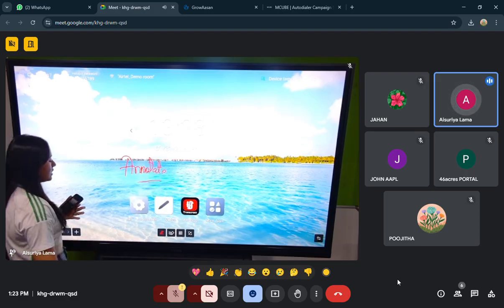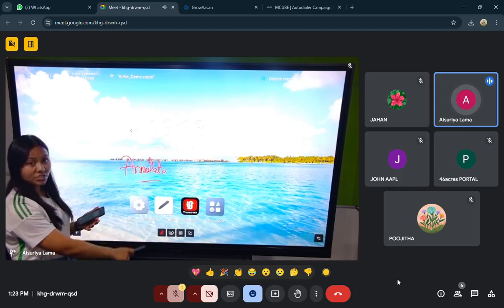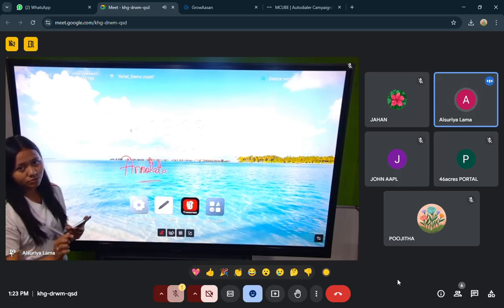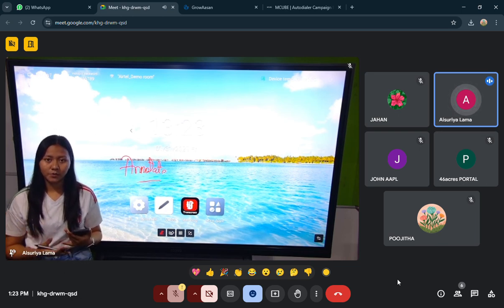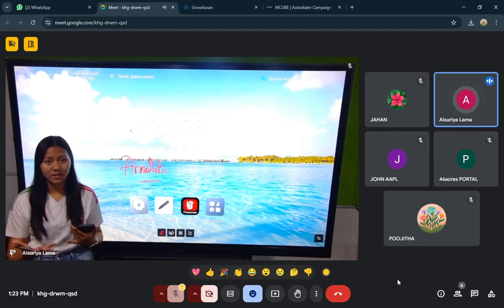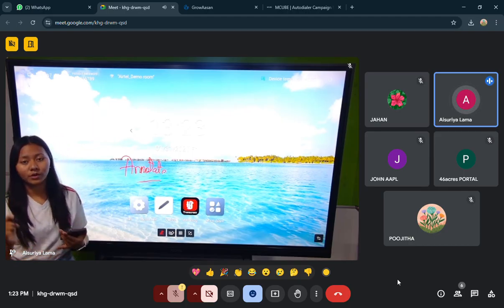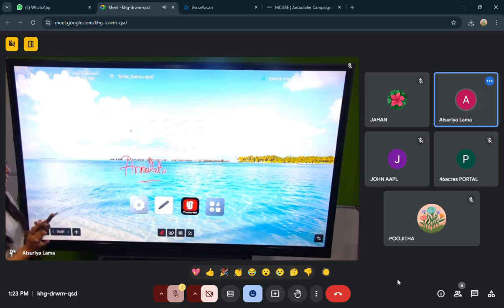Now you can change the color of the pen. Here is the option. You can erase it, you can save it, you can share the entire page, you can do that also. One more thing: if you have connected your laptop, or if you have done the mirroring or casting, and at that time also you want to write on that particular thing, you just have to click the fourth option, that is annotation, and your screen will get frozen.